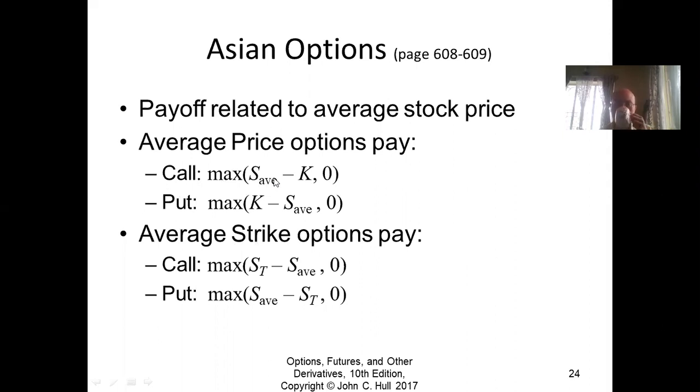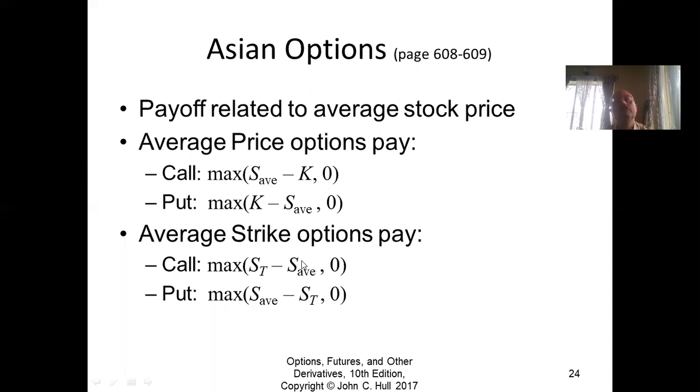So is this clear? You can also use the average stock price as the strike price. So instead of K, you can use the average. And then the Asian strike options will have a payoff of this form. So there are two variations. One is where instead of S capital T, you use the average stock price as the payoff determining stock price, or instead of the strike price, you use the average stock price. Both variations are available, and obviously you can see that they are very closely related to each other.